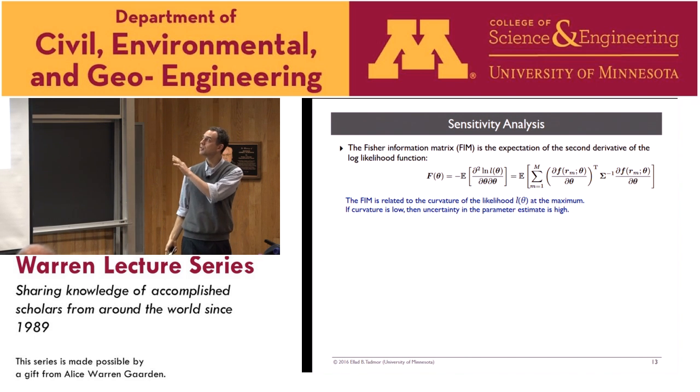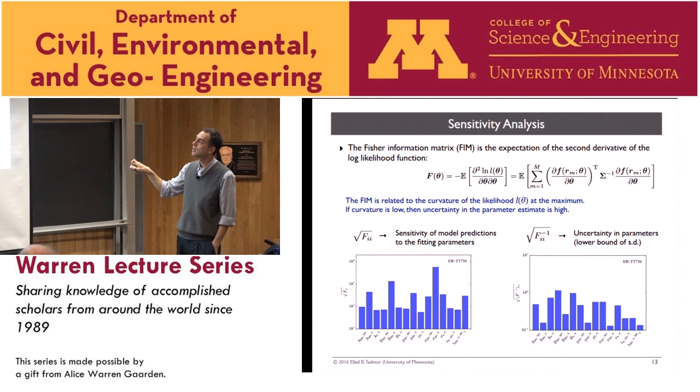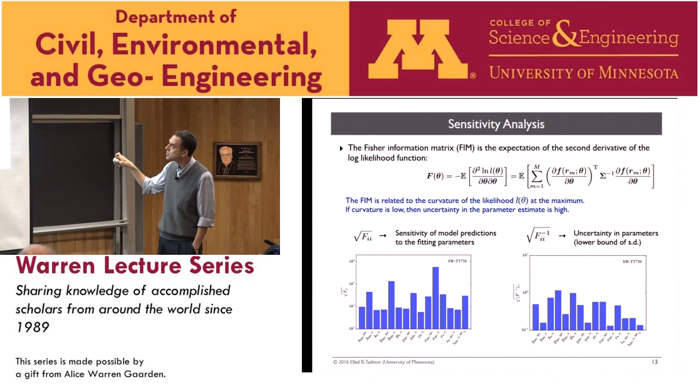And so this Fisher information matrix carries important information. It carries not the eigenvalues, but the diagonal elements of it and the inverse diagonal elements tell you two very interesting things about your potential. Let's do this one first. The diagonal elements of the inverse Fisher information matrix are related to the uncertainty in the parameters.